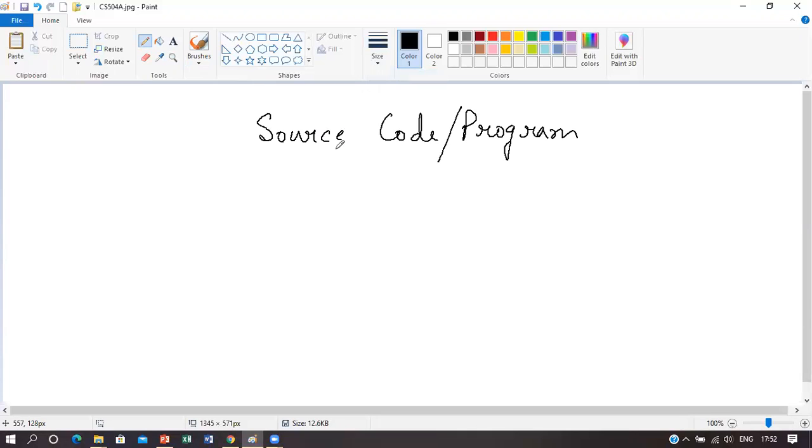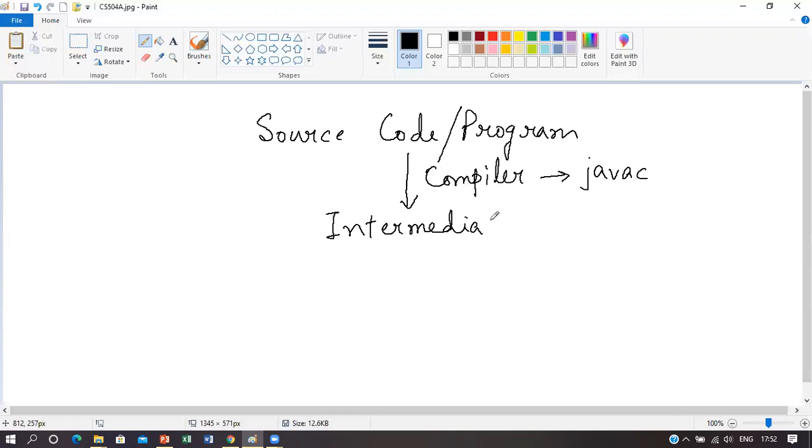Now we have already told that a Java program uses compiler and interpreter both in order to produce the output. Now how compiler and interpreter both can be used in Java, let's see that. Whenever you have written a source code or program correctly, you will first compile the program using the compiler of Java, and the Java compiler is called Javac. Whenever you compile a Java program or a Java source code, an intermediate code will be generated that will be close to the native code or the final output.